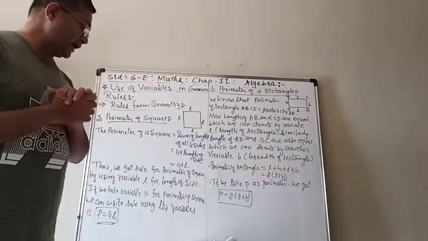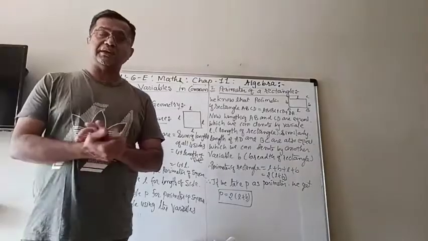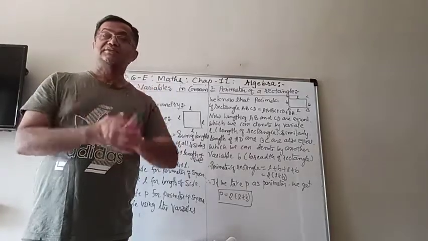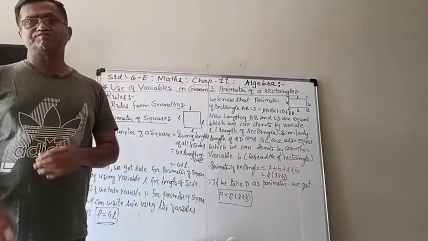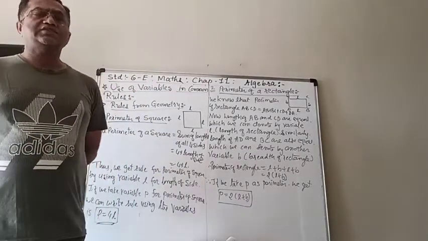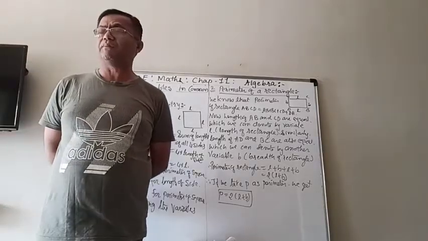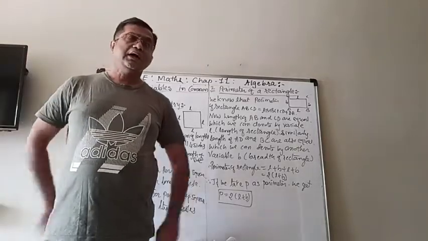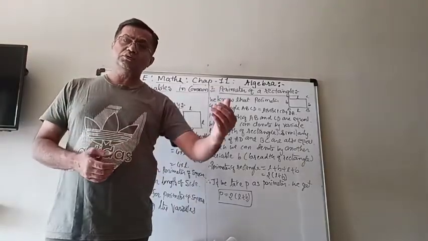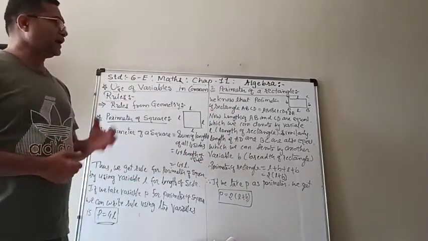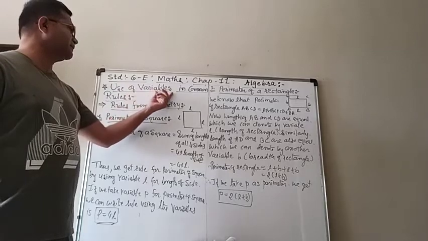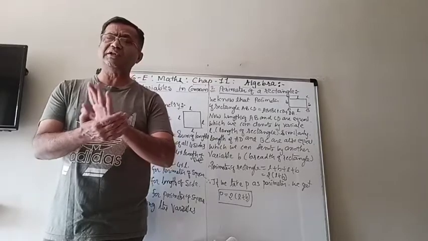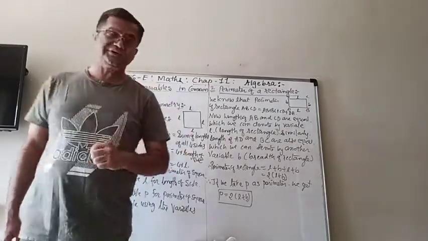Now we saw the use of variables in making the rule for different matchstick patterns, and we get the rule using the different variables to form the different matchstick patterns. Now we are going to go ahead and learn the use of variables in common rules. First of all, we will learn about the use of variables in geometry.